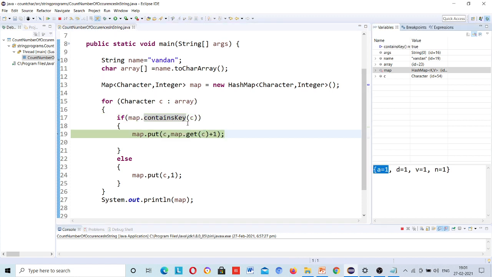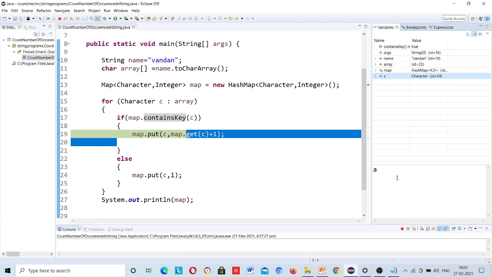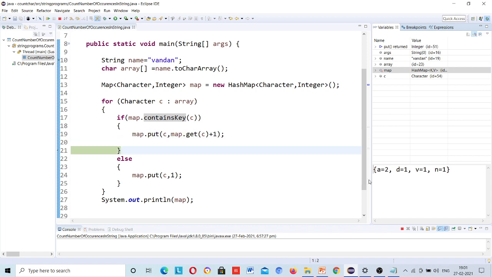Just step over and see, now this time it came to this part. Okay, A, right, and A is present already inside your map. Now just step over. Okay, now it incremented your A value. Okay, and similarly it will increment your D value as well. Just step over, step by step run and see.